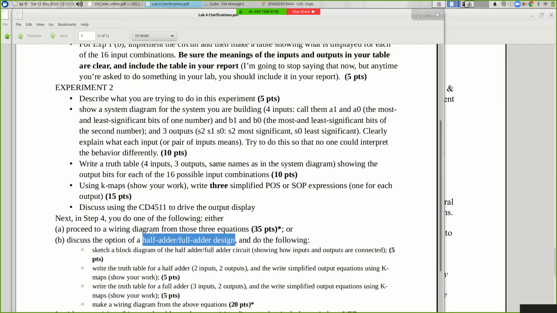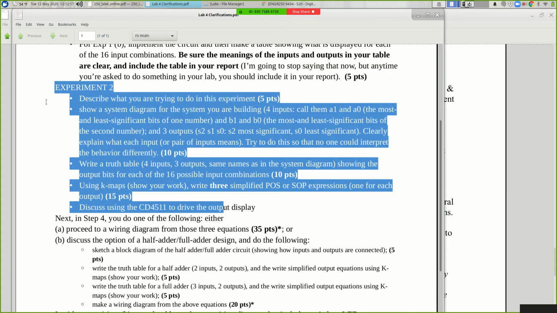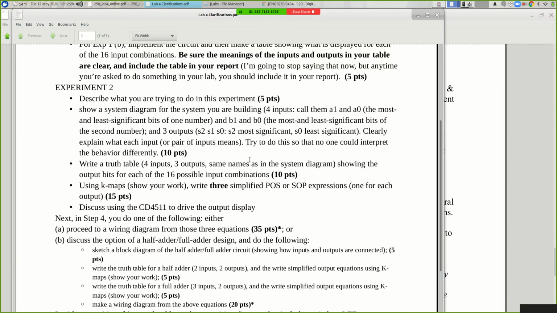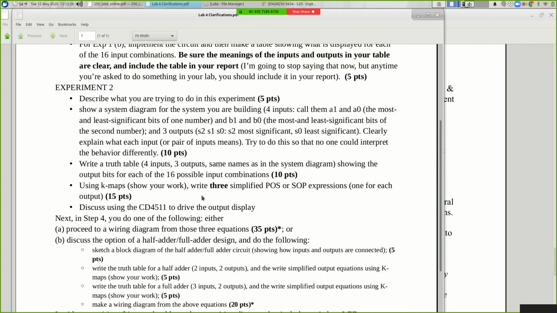If you decide to do the half adder, full adder, you still need to have all of this stuff up here to get your however many 5, 10, 20, 35 points from these earlier steps. Okay? But then at that point, right,